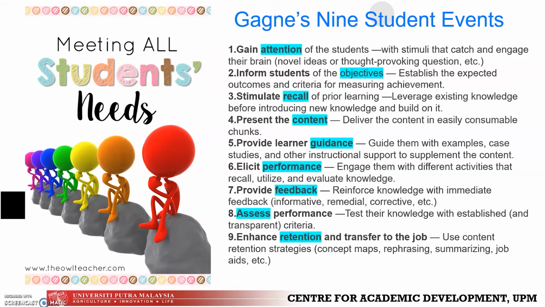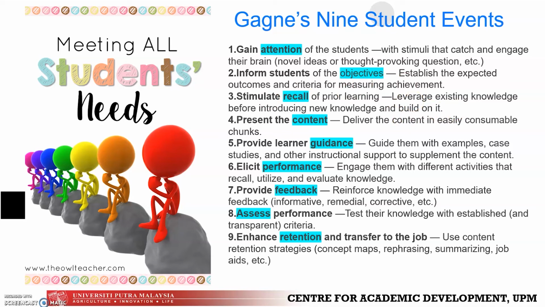Well, I have covered a lot of things that can celebrate the variations of students' preferences. All those are tied to the Gagne's 9 student events. Let us go through this together. First, make sure that you gain the attention of the students. Then you inform the students on the objectives. You have to stimulate the recall of prior learning, such as by using the Mentimeter application, or even going into